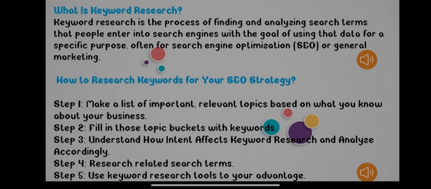So the best way is to use an online keyword planner tool, so that you can gain more and more ideas about the keywords that you have to use in your website. So these are the 5 important steps that we can use while planning our strategy. First is to make a list of important concepts. Second is to make use of keywords in our content. Third step, understand how it will affect our business or our website. Fourth is to research related search terms. And fifth is to use a keyword planner tool, so that we can gain more and more ideas.